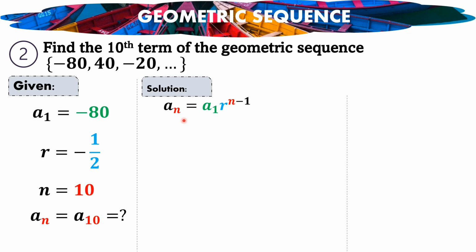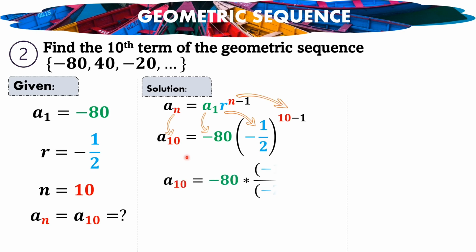That is a sub n equals a sub 1 r raised to n minus 1. Substituting the given, a sub 10 equals negative 80 times negative 1/2 raised to 10 minus 1. n is 10, a sub 1 is negative 80, r is negative 1/2. Performing the operation,